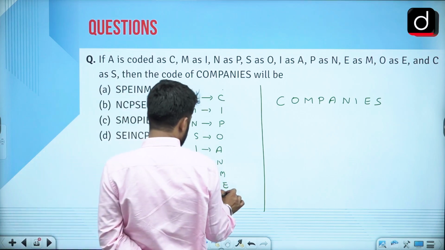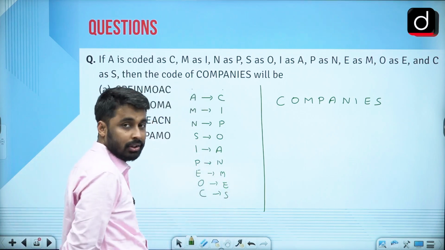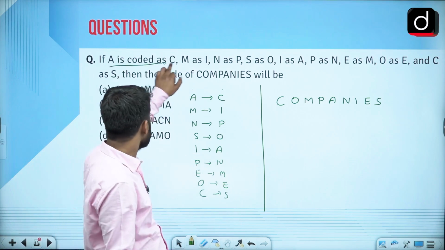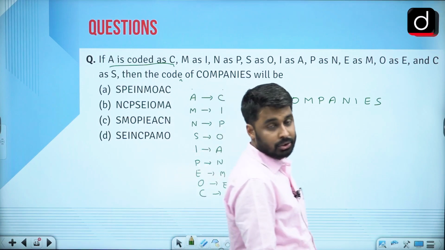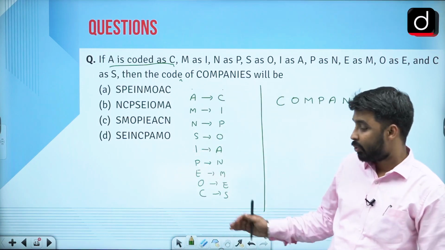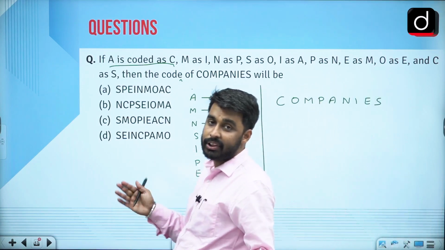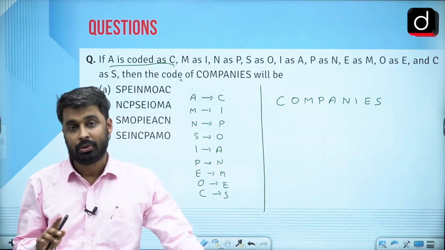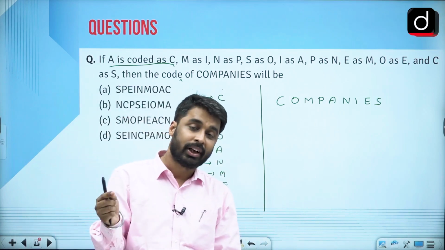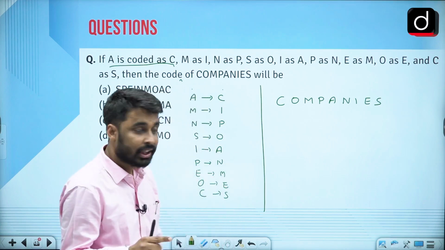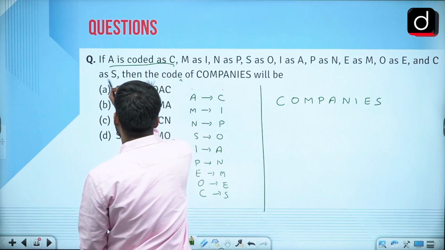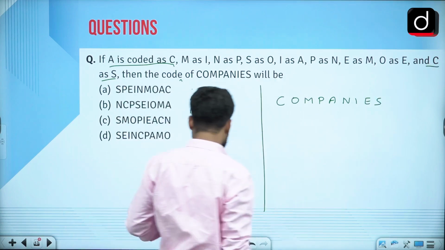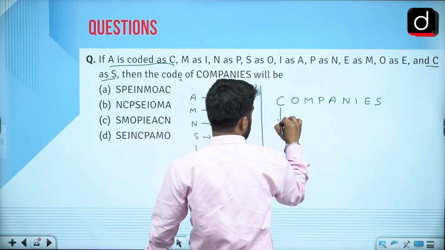See, for C, the code was S, not C. A is coded as C. It is not written that C is coded as A. So don't think that if the code for A is C, then the code for C would be A as well. No, right? That is not the case. A is coded as C, not C is coded as A, because C is coded as S. It is clearly said that C is coded as S. So the code for C would be S,